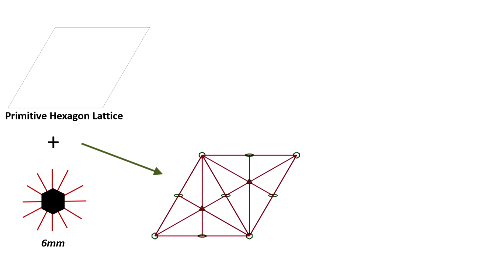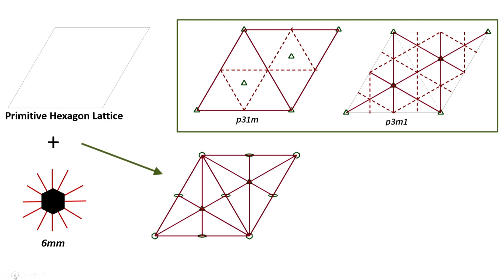Now, looking at this, I am sure there are going to be a lot of glide planes, but actually it turns out to be quite simple because we have already done 2 plane groups P3M1 and P31M, and let us look at them again. Let us just look at the placement of the mirrors. In P31M, the mirrors were put along the cell edges. In P3M1, the mirrors were put perpendicular to the cell edges. In the case of 6 mm, we have a lot more mirrors, and there are mirrors along the cell edges, parallel to the cell edges, and we have mirrors perpendicular to the cell edges as well.